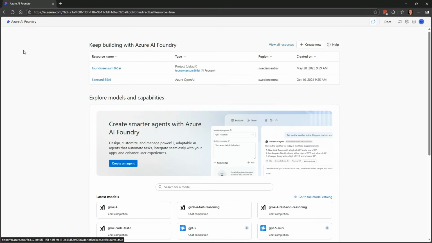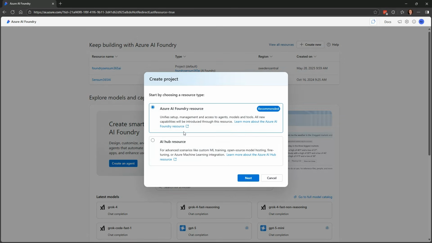So I'm in here in ai.azure.com. You can use the normal portal as well, but this tends to be easier. And I'm going to create a new one here. And I'm going to create an Azure AI Foundry resource. You can also do in Microsoft Agent Framework AI Foundry agents, but in this case we are just going to use the raw OpenAI, and Azure AI Foundry resource can do both of them.